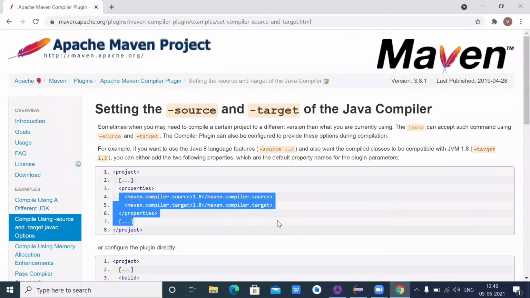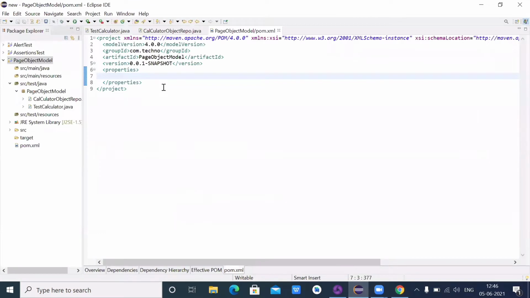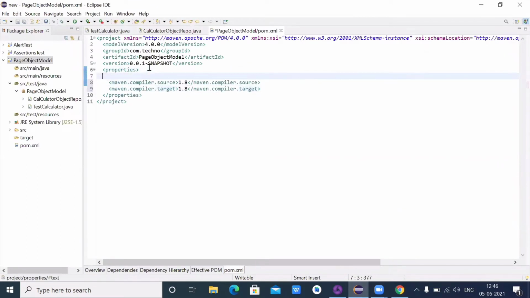In the first link I will click, and here I am getting these two lines of code. I will copy these lines and include them there. I want UTF-8 also included in my project, so I will include one more tag here, that is project.build.sourceEncoding.